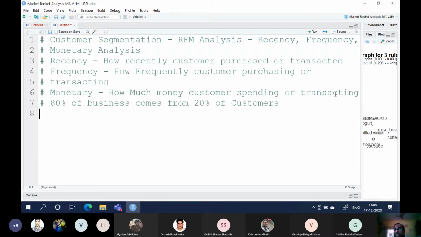You need to use these three parameters to segment customers into groups or categories. The categorization is very clearly defined in research, in retail and all these things.